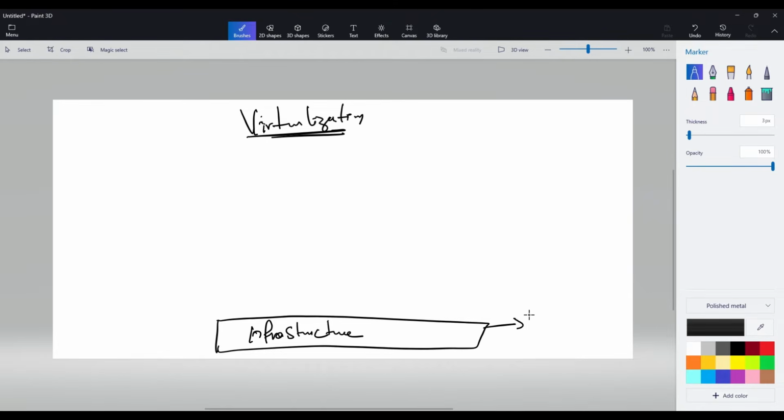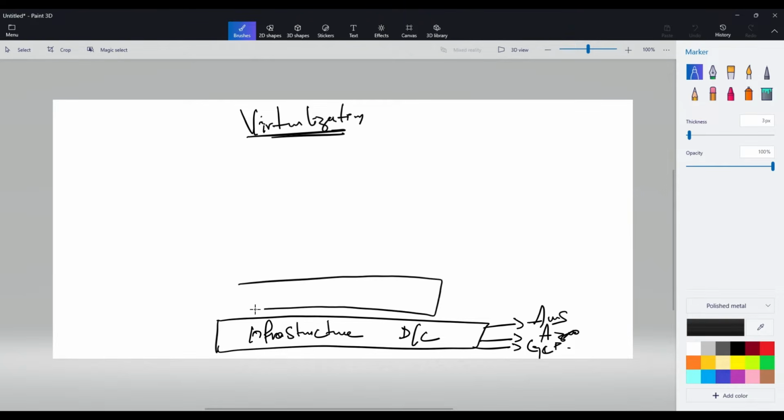Who is maintaining this infrastructure? For example, you can also say this is a data center, for example AWS or Azure or GCP, whoever it is. On top of it, we have something called a hypervisor. What are the different types of hypervisors we have? For Microsoft, we have Hyper-V, for Citrix, we have Xen Server, and for VMware, we have ESXi. Don't stress yourself over the server names, I'm just giving you a small heads up, that's it.